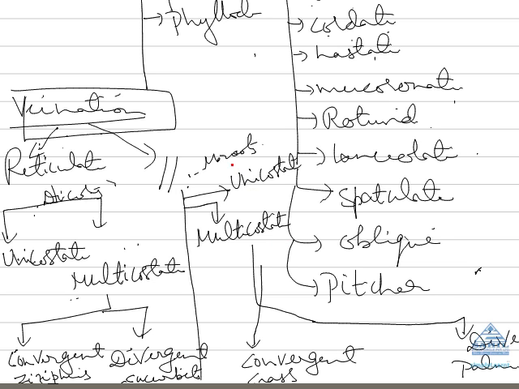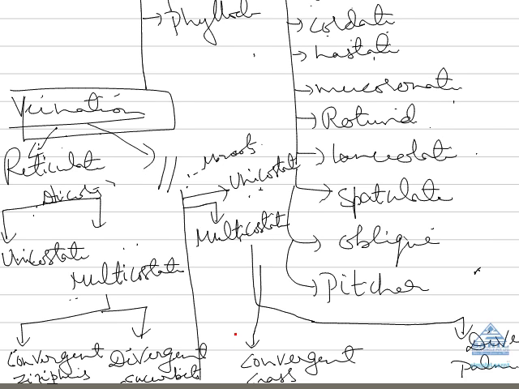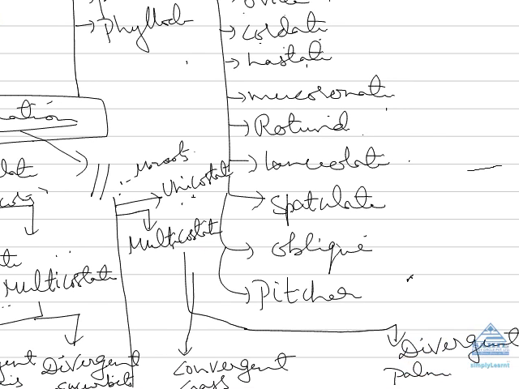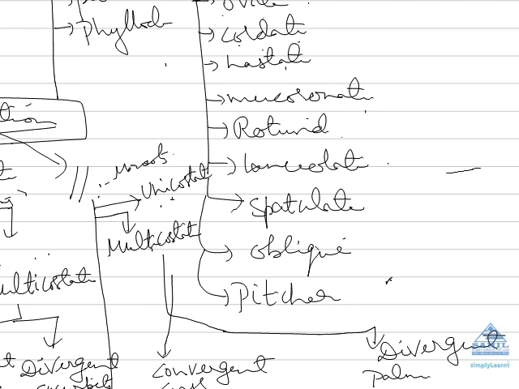Cucurbitaceae family. Now again coming to parallel venation. In parallel venation we study unicostate, where a single midrib is present, example banana leaf, and multicostate, when different branches of midribs are present, all in parallel fashion. Then also we have two types. Convergent, where all parallel veins converge at a place, example grasses, and divergent, where all parallel veins diverge, example in palm tree. So this is all about the venation in leaves. Now coming to the last topic, which is our